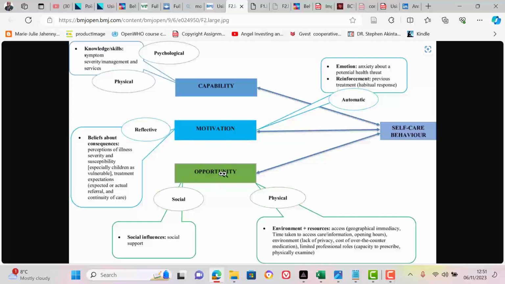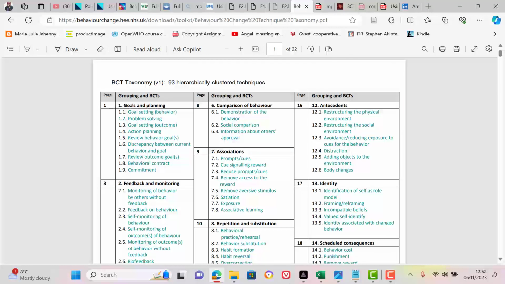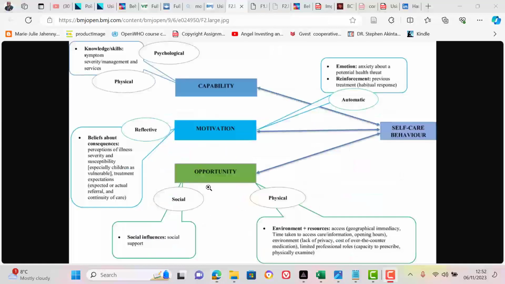Now you have opportunity. Opportunity in the COM-B model is divided into two. You have your social opportunities and you have your physical opportunities. Social opportunities are the influence of peer groups, influence of your social networks, social anything within the society that can influence you. That means other people, other people's lifestyle, behavior, societal acceptance. Those are social influences. And then you have the physical opportunity, which are